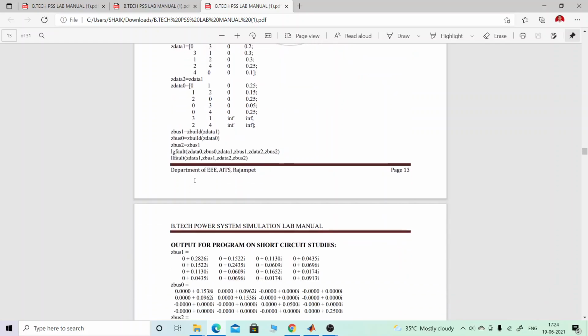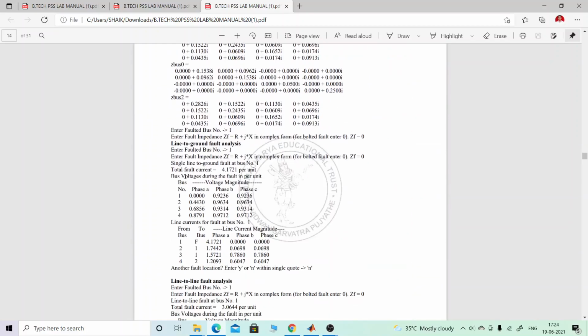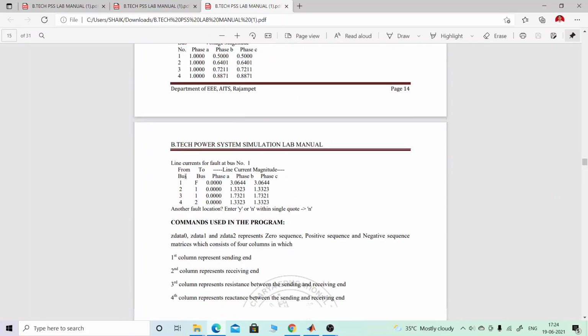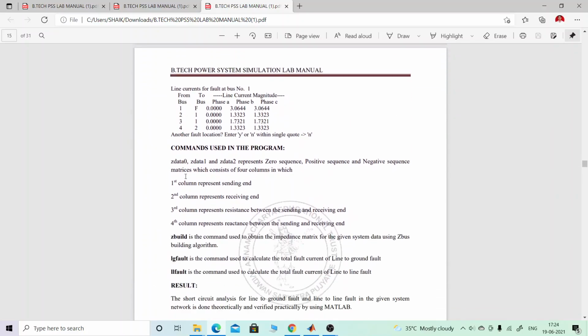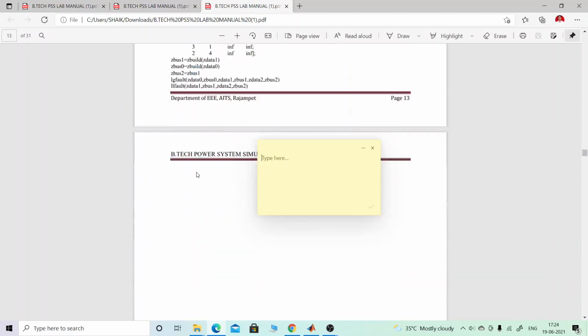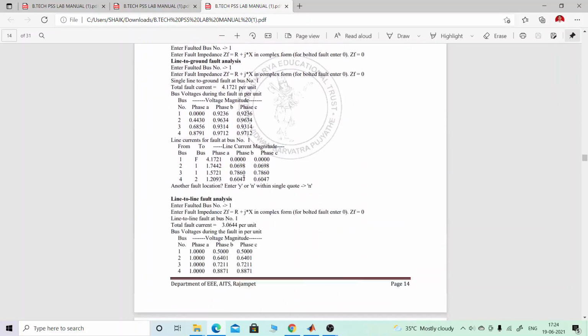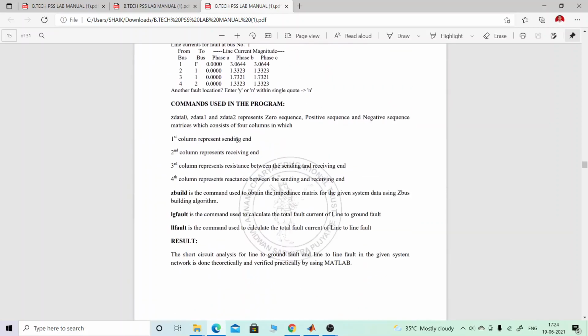So the concept here is of Zdata1, Zdata2, Zdata0, which are specified here as per the values. Before going further, what do the values represented here mean? The first column of Zdata1, with entries 0, 3, 1, 2, 4, represents the sending end.